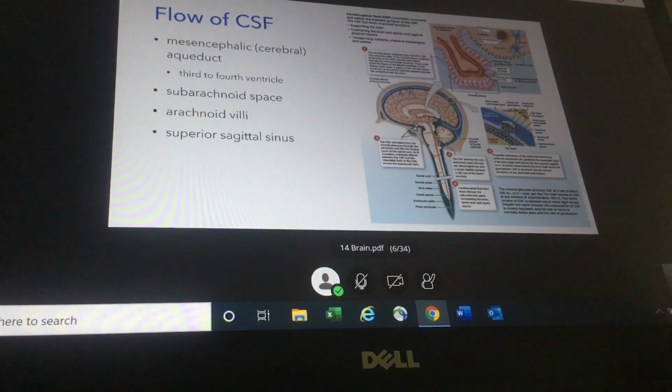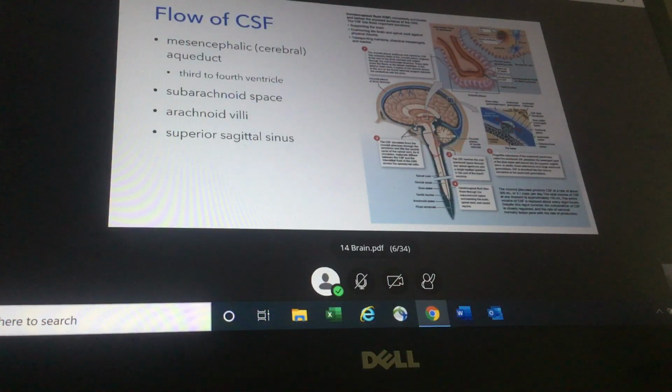the fourth ventricle, and then it actually flows out through a little foramen just at the back of the spinal cord, right about at your foramen magnum. You see the bones right here. Sorry, this is your sphenoid bone. This is your occipital bone, your foramen magnum. And right about at that level, there's a little opening in the back of the brainstem where that CSF flows